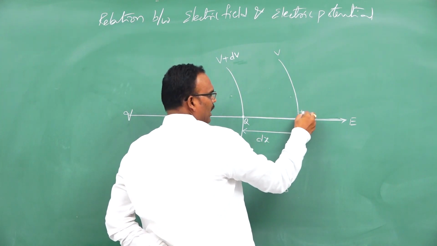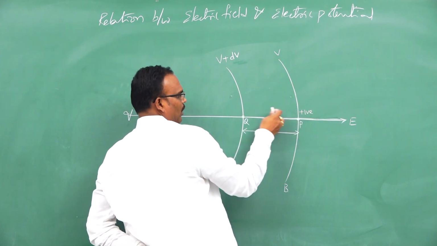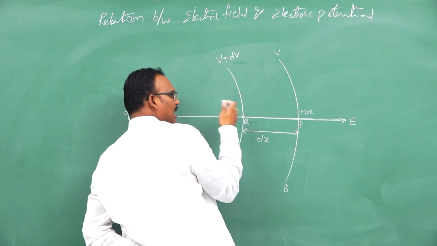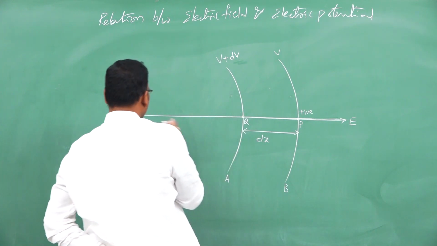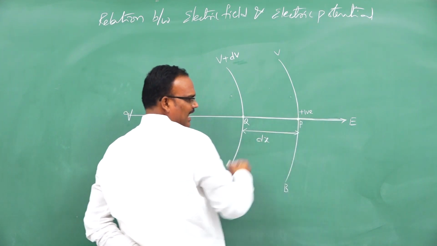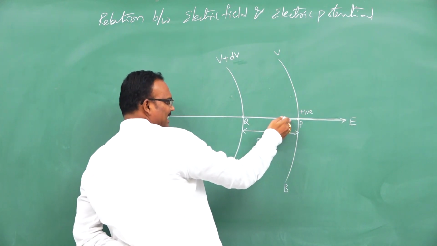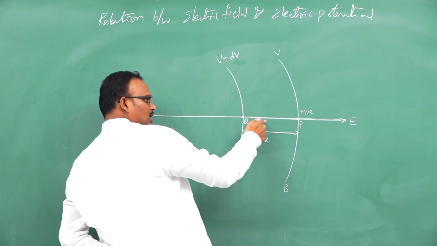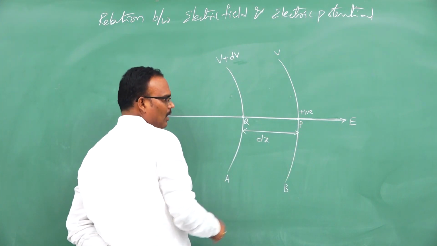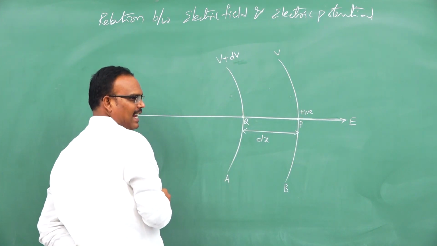If we move a unit positive charge from point P to point Q, then I need to do work, because this charge repels this unit positive charge in this direction. That means force acts in this direction. I am displacing this unit positive charge opposite to the direction of electrostatic repulsion. So, the angle between them is 180 degrees. So, work done is negative.